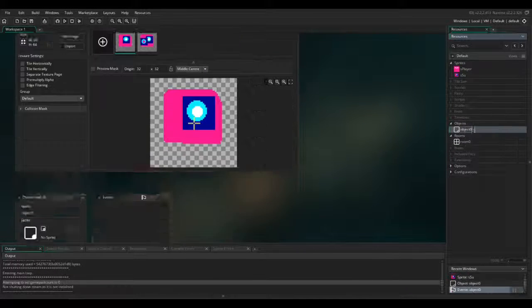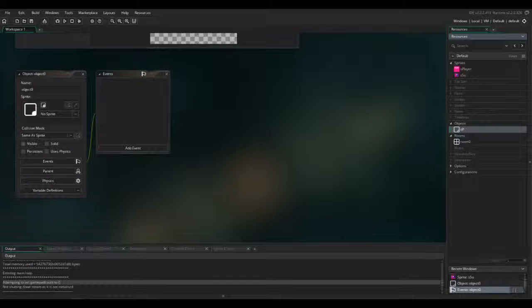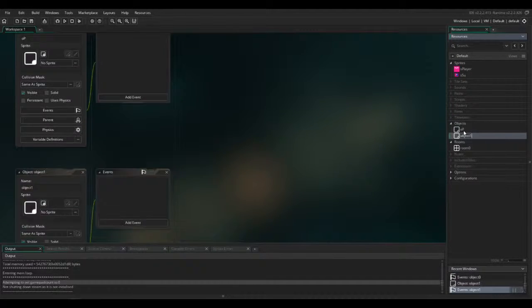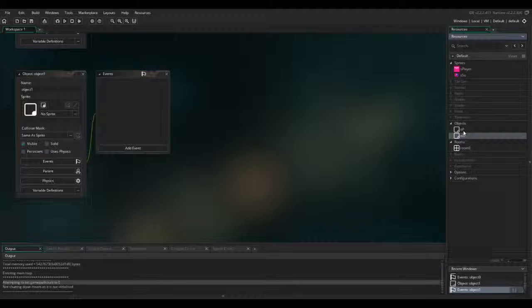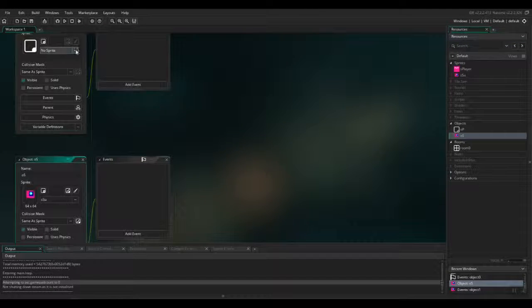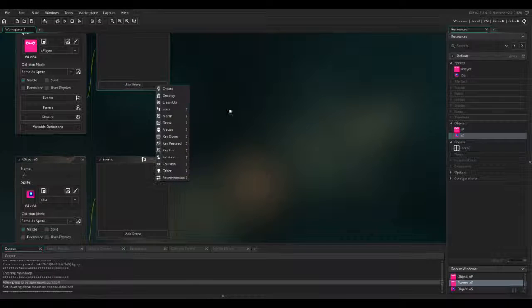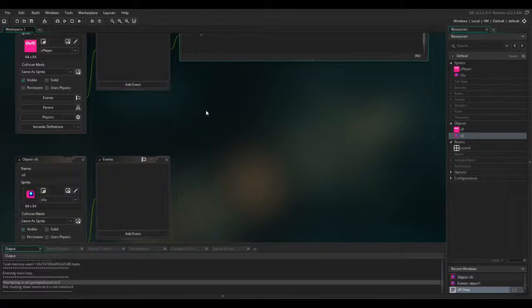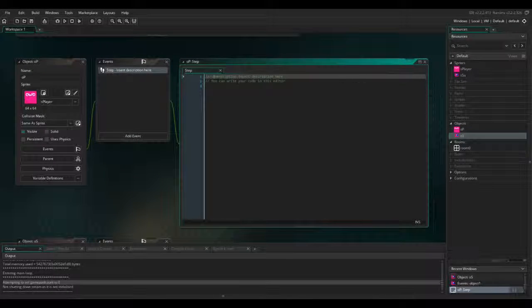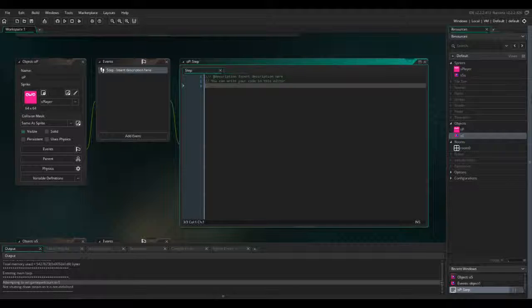We're going to create two objects. One is going to be the OP, or O player. I would name it O player in an actual game, and we're going to call this OS for surveillance. So we're going to give this guy this sprite. So basically what we're going to do is just give him the most simple movement system. So we're just going to say if keyboard check,